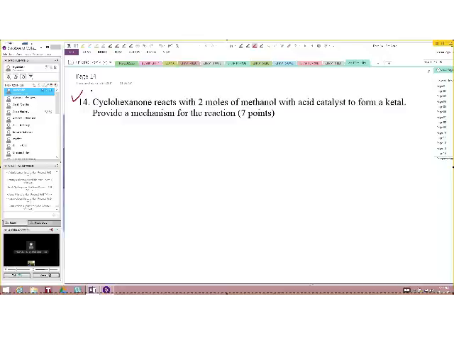Now, I'm not going to do this, but I will do something similar to this, just to show you, because essentially what they say here, I think we did this in class, so you may want to review some of those webcasts that we did earlier. Okay, you take cyclohexanone, and essentially they say that if you take 2 moles,